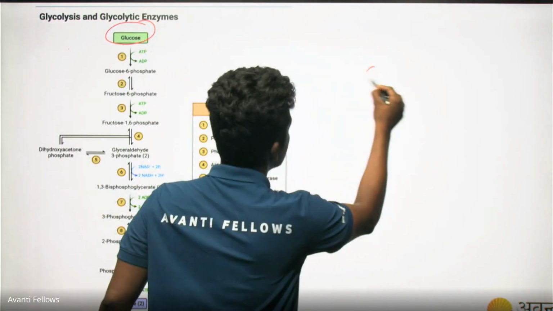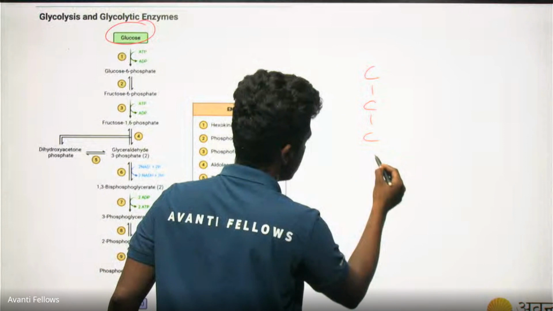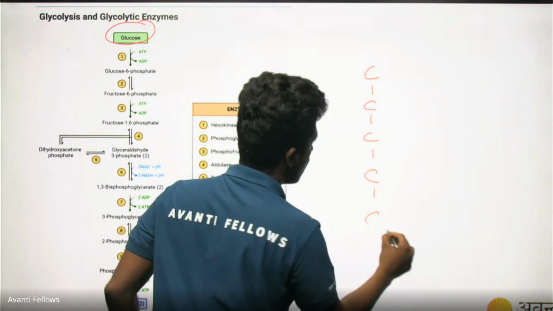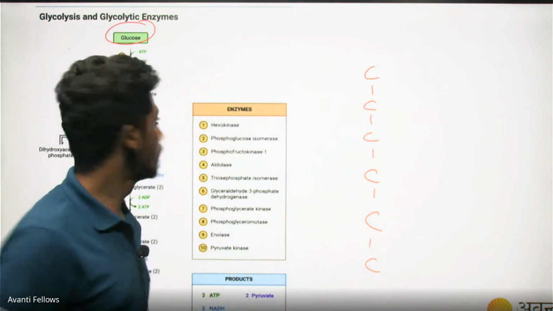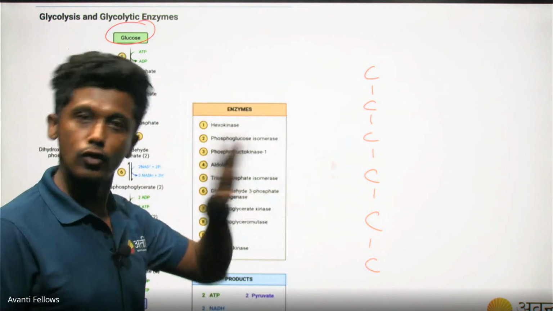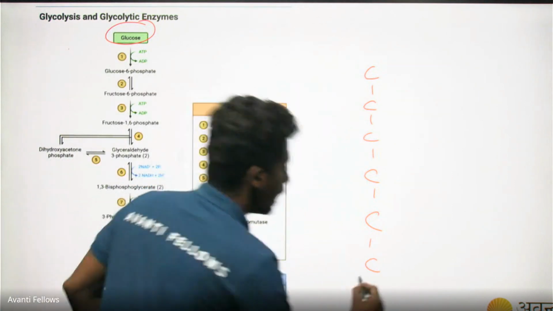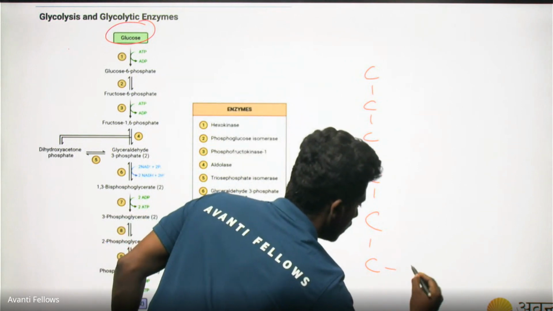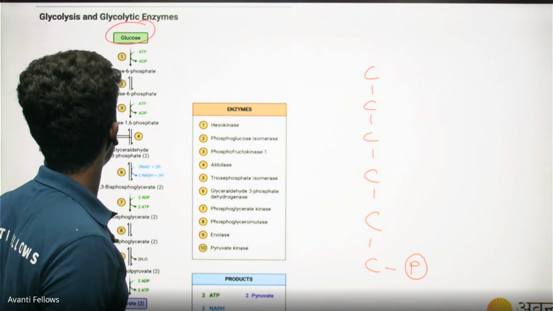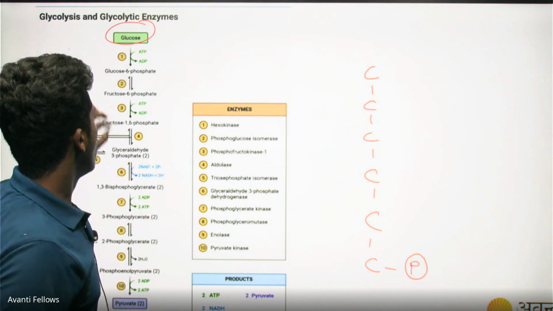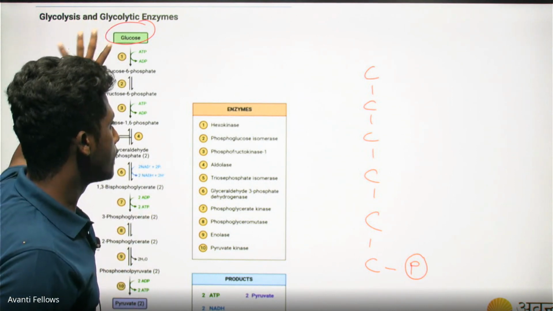In glucose, we have 6 carbon atoms, isn't it? 1, 2, 3, 4, 5, 6. You see, glucose is converted into glucose 6 phosphate. At the sixth carbon atom of the glucose, a phosphate molecule gets added. Very simple. Now, this particular process,